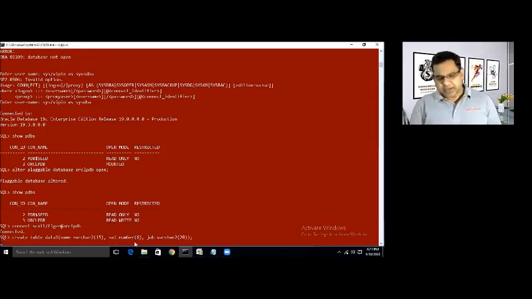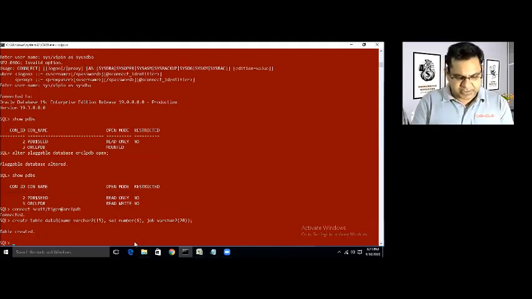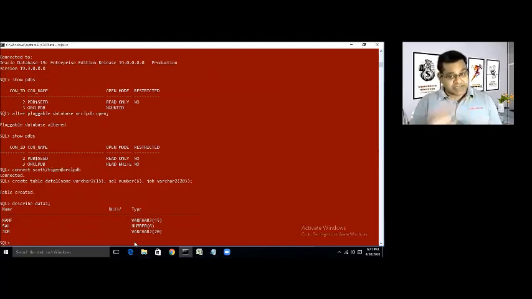So now we have a table data1 and there is no data in this particular table. You can see the structure of the table using the DESC or the describe command, right? Data1. So see, these are 3 columns available and there is no data available in the table. Table has just been created, right? So now what you have to do is you need to bring that data from the Excel file to here. File is ready, table is ready, but in between we need another thing, and that is a control file.